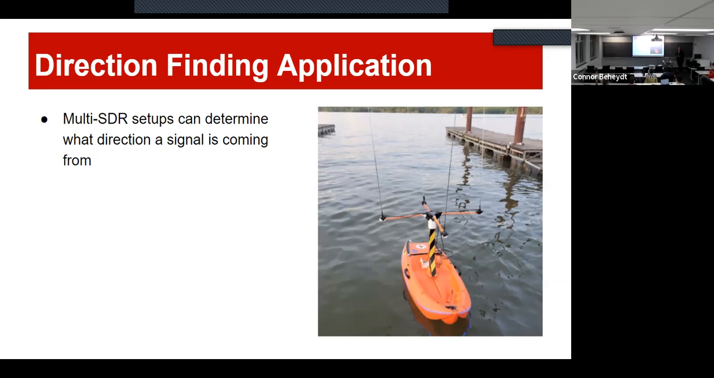But a more common example is finding boats and distress signals. Not as common now because most large boats are equipped with beacon transmitters that connect to GPS, but